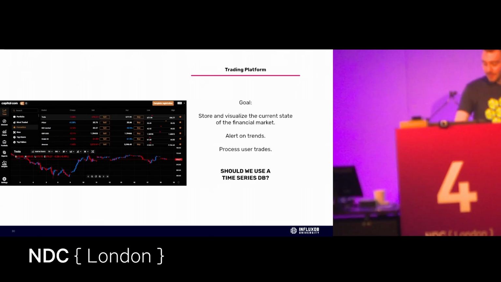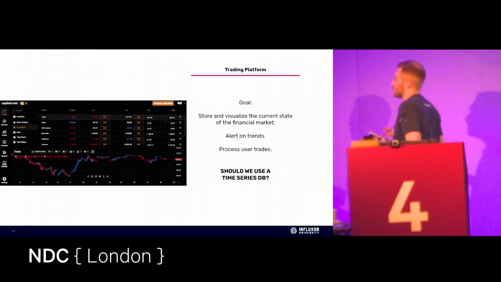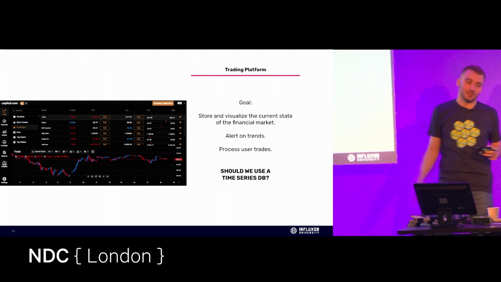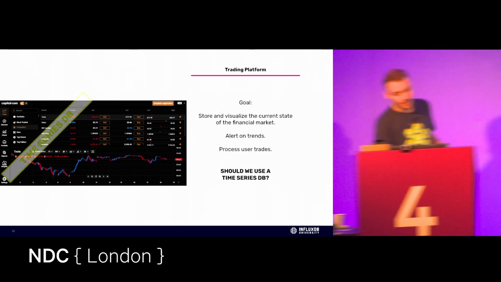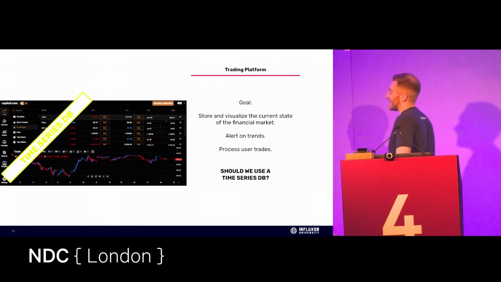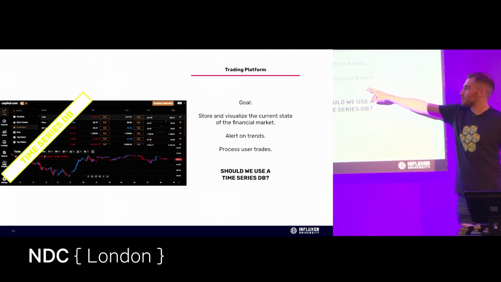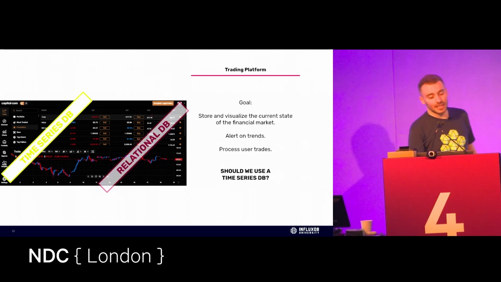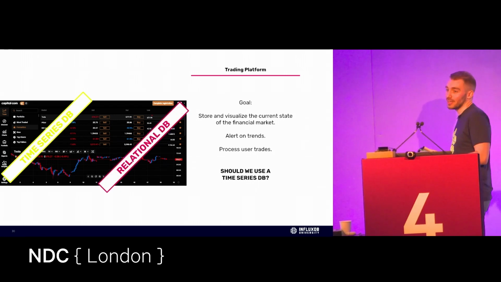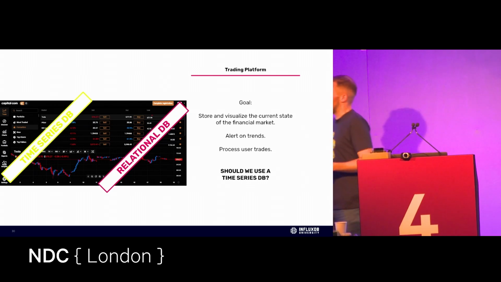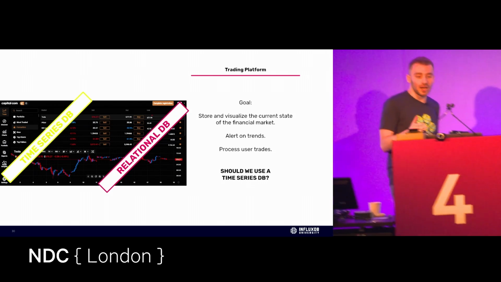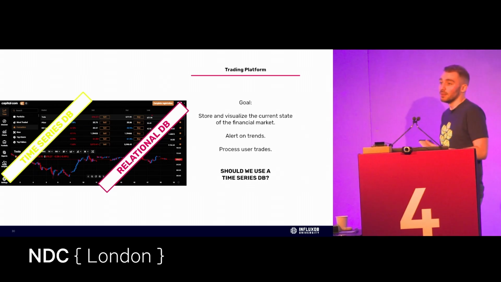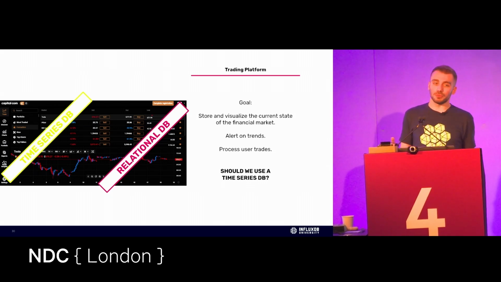So in this use case, I added a trick question. These two here are fantastic use cases for time series data, but the catcher outer here is processing user trades. In this case, it would be a hybrid approach, potentially using a relational database or a document database. This is where I wanted to really drive home that a time series database won't solve all your problems, but they can be used in a hybrid approach.